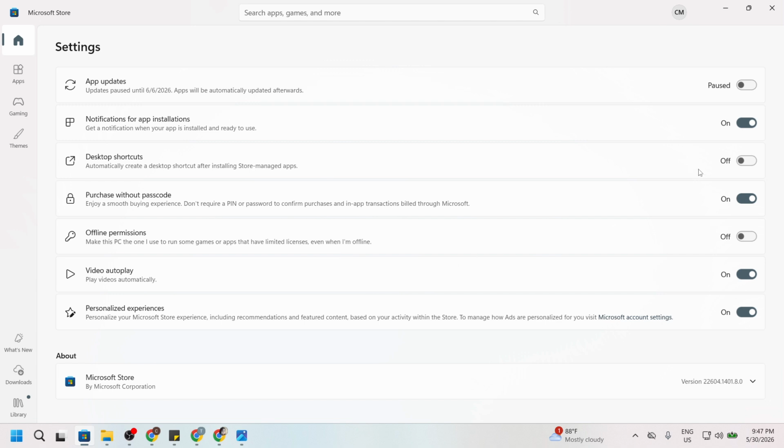Keep in mind that updates often include security fixes and performance improvements. If you disable automatic updates, set a regular time, maybe weekly or monthly, to check your library and apply updates to the apps you rely on. Also note that on some work or school devices, administrators may control this setting. If the switch appears grayed out, it might be managed by your organization.